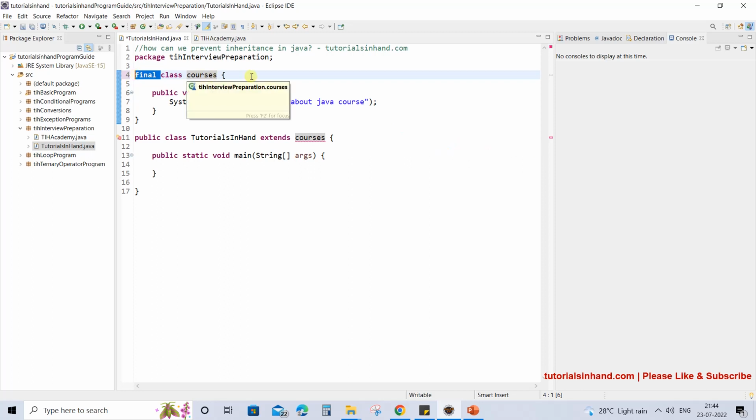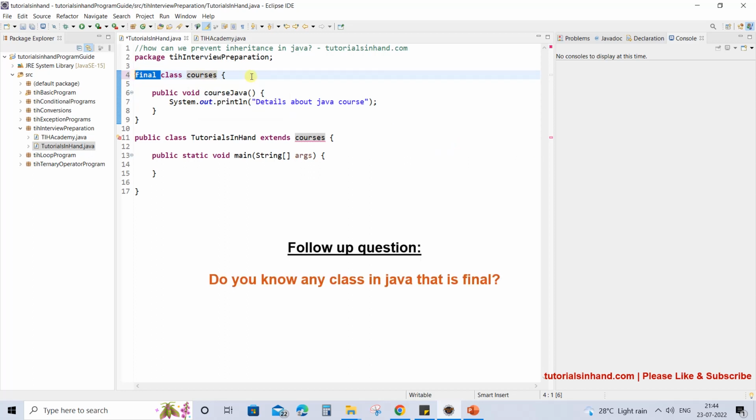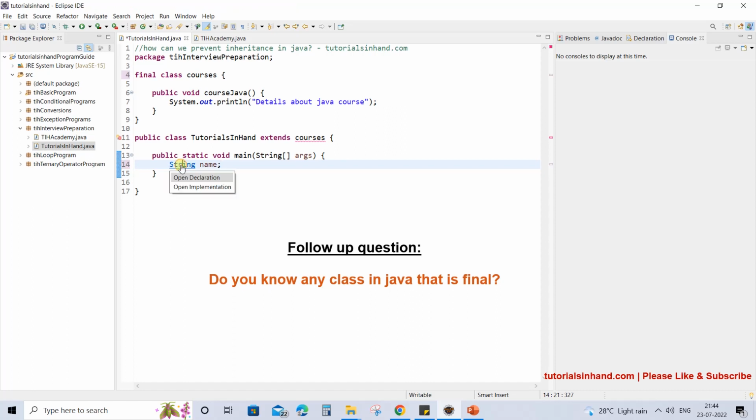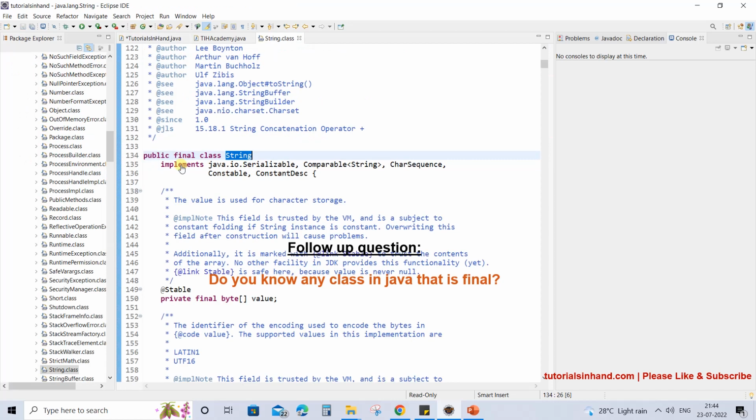And you may be asked a cross question later: do you know any class that is final? In that case you must give the example of the String class. String is actually final. If I show you this String class, press Ctrl and hover your mouse on String, click on it, it will open the String class and you will see that the String class is declared as final.